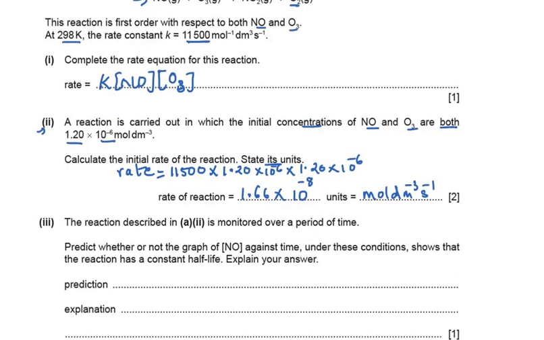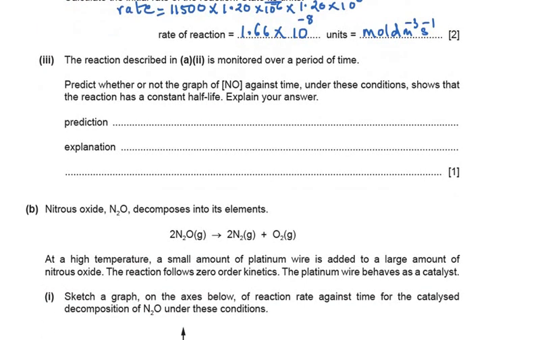Going ahead with the next sub question, where it is asked that the reaction described in A2 is monitored over a period of time. The reaction is given here with these values. Predict whether or not the graph of NO against time, the concentration of nitrogen monoxide against time under these conditions, shows that the reaction has a constant half-life. Explain your answer. We have to predict whether the half-life will be constant. I would say that it won't be constant,